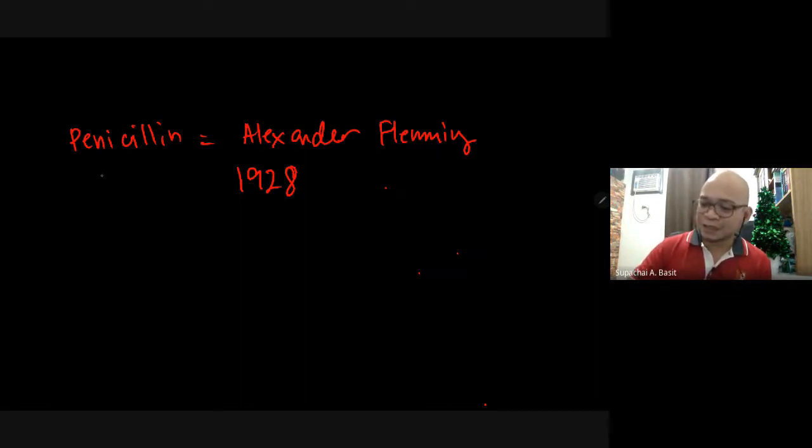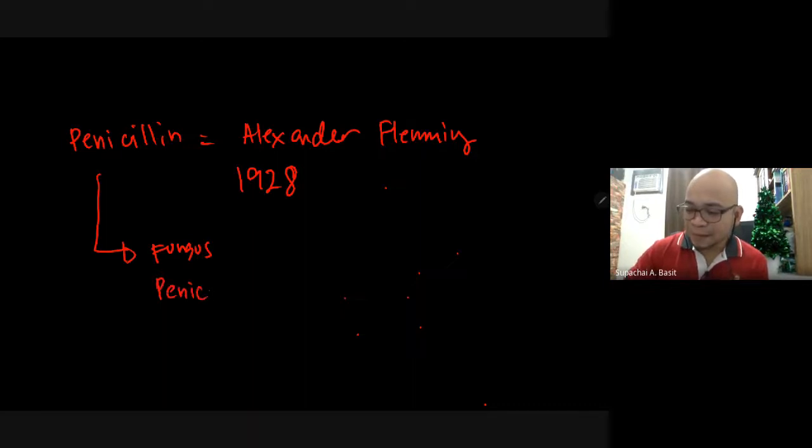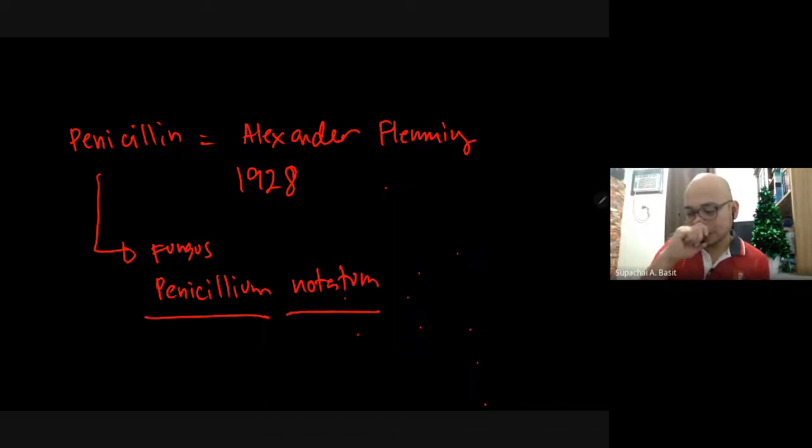So penicillin is the active substance and it came from a fungus, and that particular fungus is called Penicillium notatum. So when Alexander Fleming didn't wash his plates right away, he noticed that